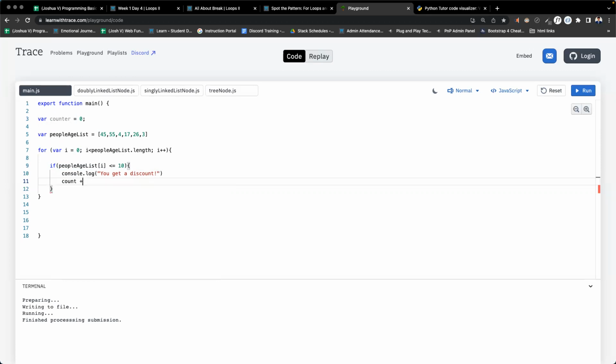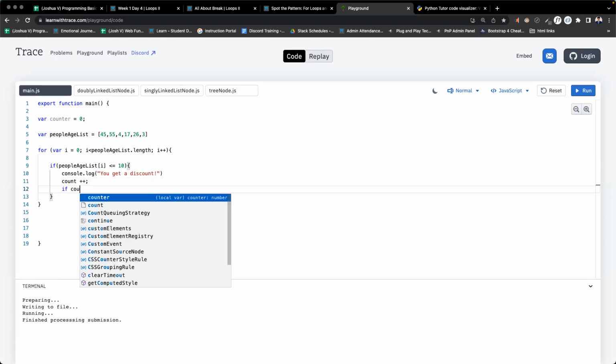So we say count plus plus. So we reach count plus plus. And within this if statement, or not even within this if statement, but in here, we can say if count